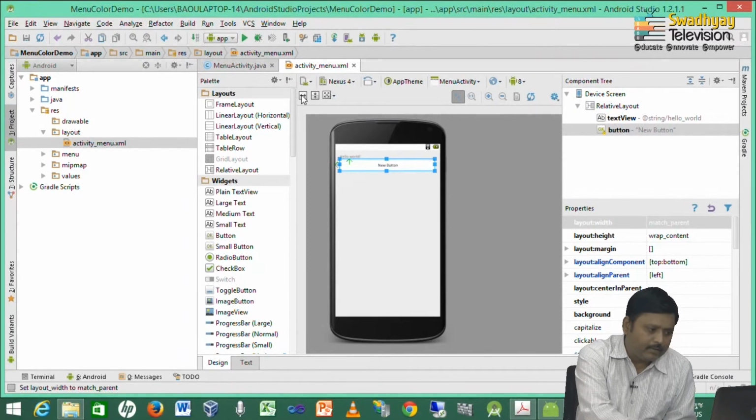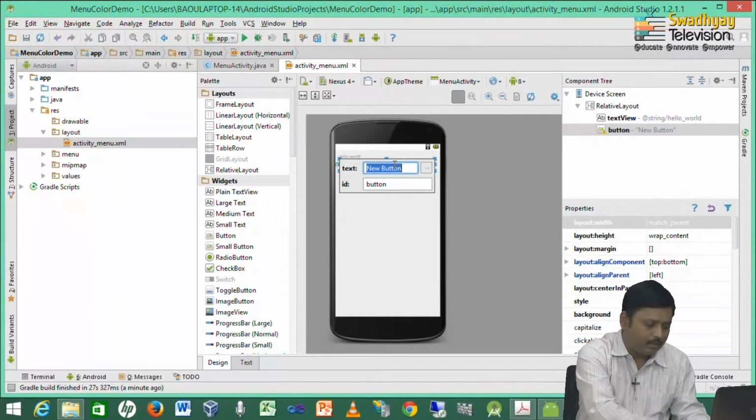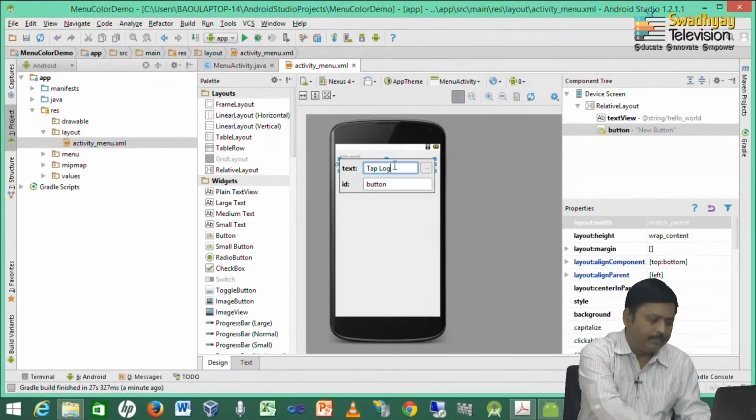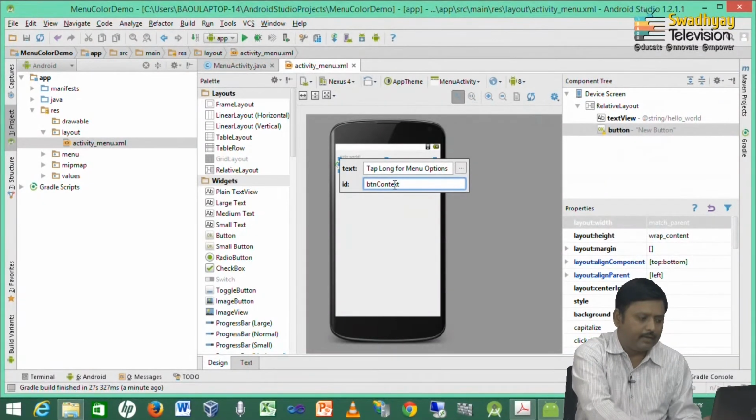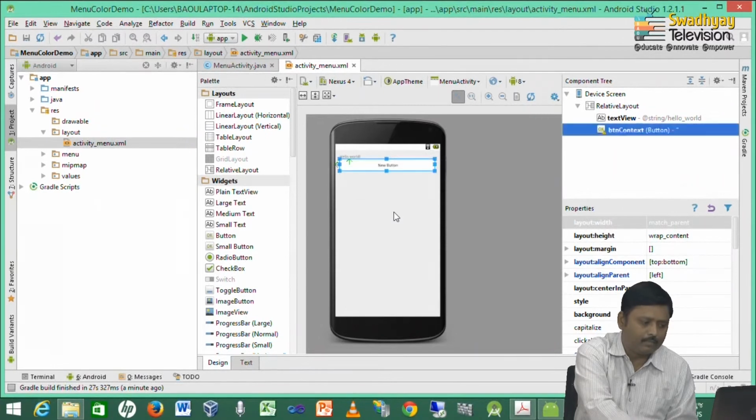I make its width match parent and set its text to tap long, means click for a long time for menu options, and give this button the name btn context.